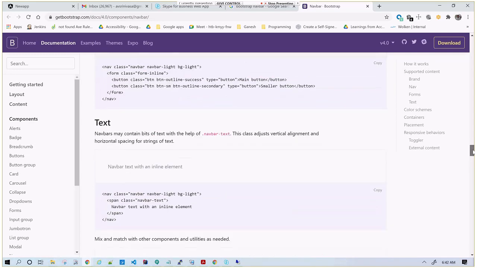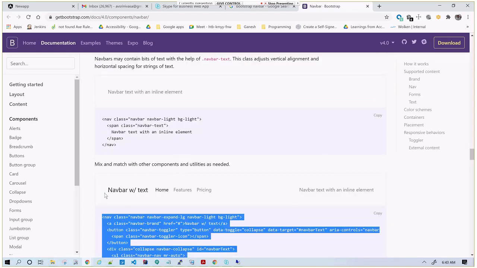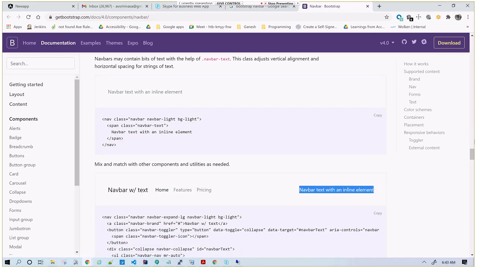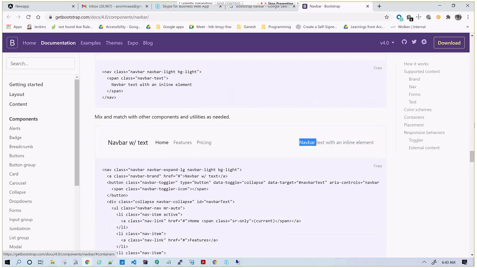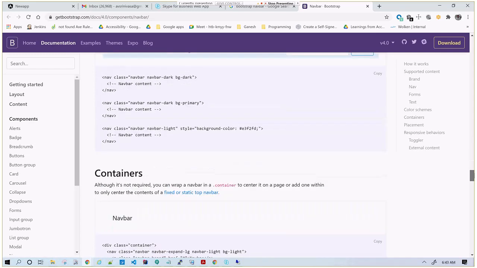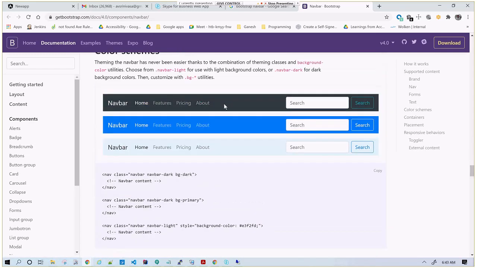Because we have already included Bootstrap CSS, it will show like this. Got it. And then Uncle overrode the style property, the color properties. Here it is a little light, so what we did is we copied this dark one, the nav dark and nav primary, so it is coming in blue color.